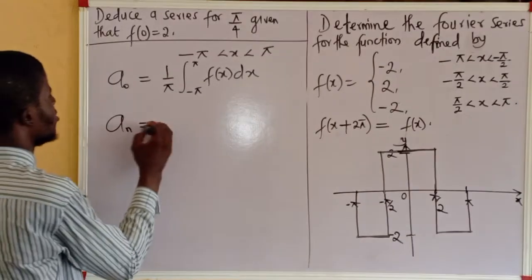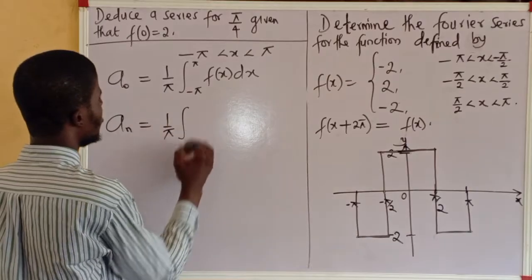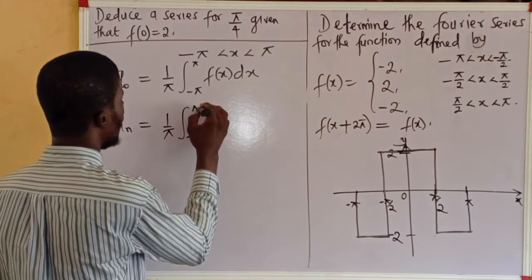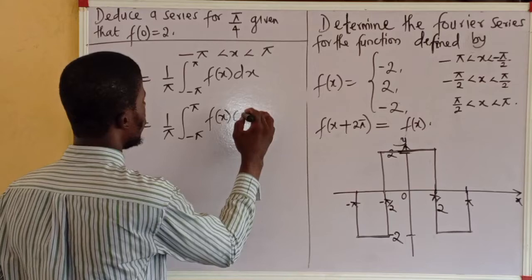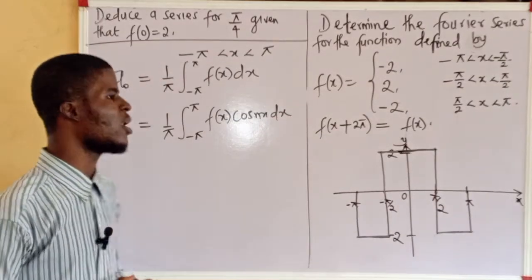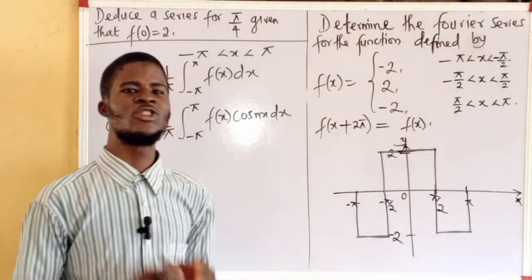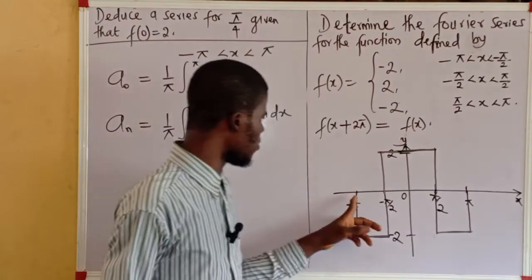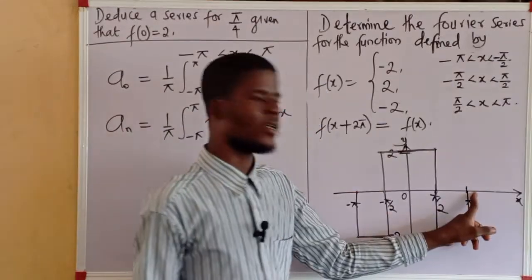Also, a sub n is 1 over pi times the integral from negative pi to pi of f of x cos nx dx. But we can actually save ourselves the stress of integrating from minus pi to pi,